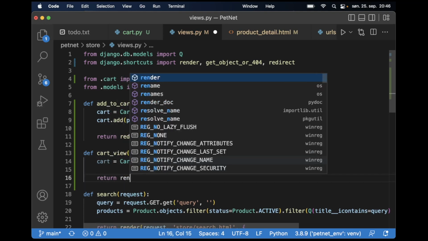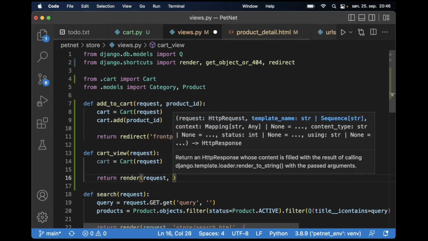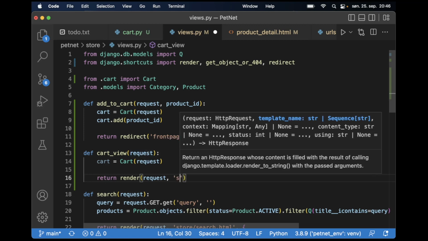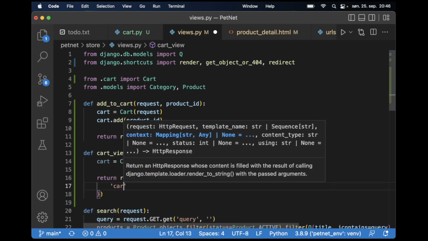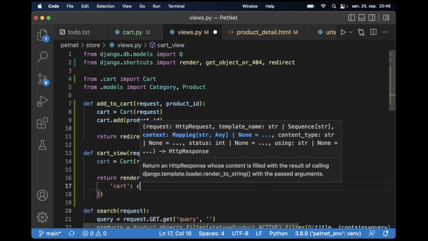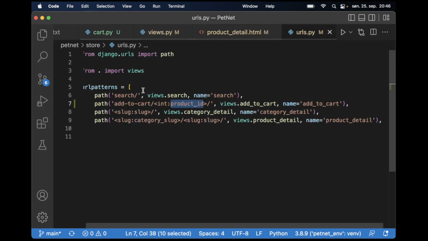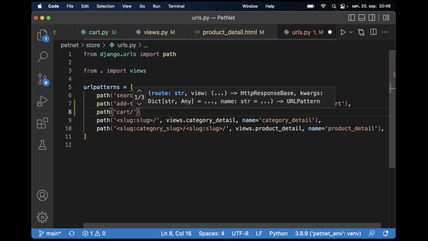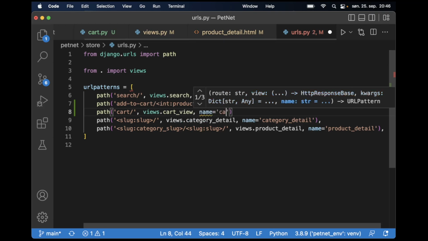Now we say return render request, and then we need to specify the template, store/cart_view.html, and then we can pass in the cart object so we can use it in the template, and save. So then I need to import this into the URLs file. Here, path, cart, and views.cart_view, name cart_view,